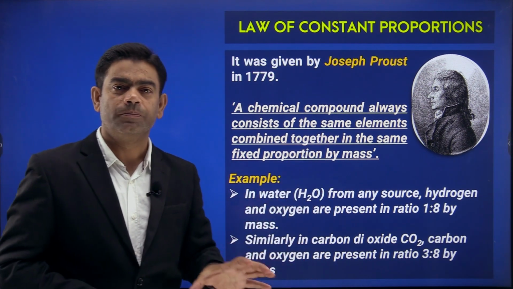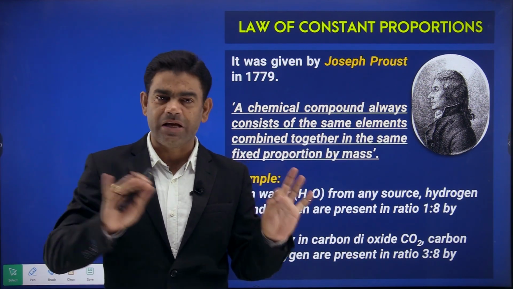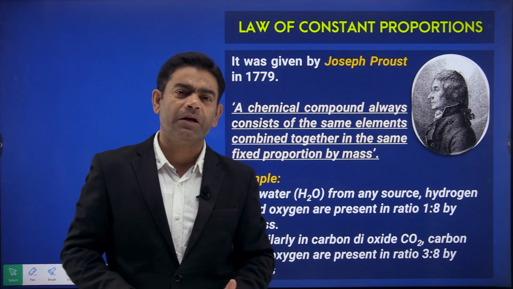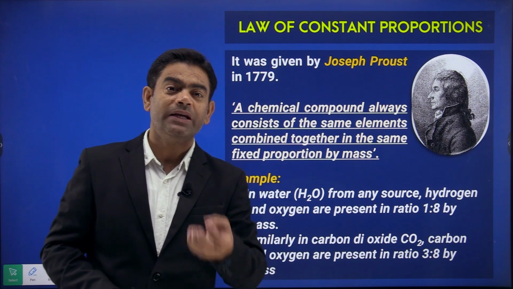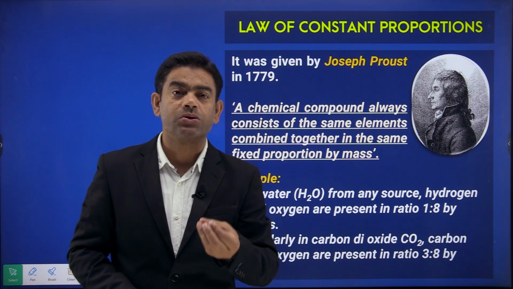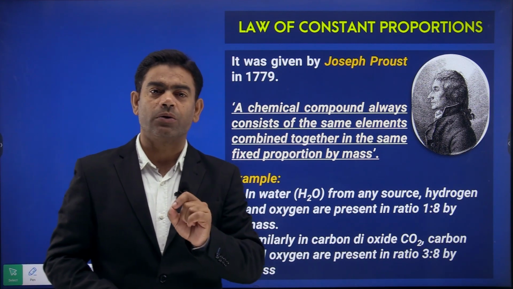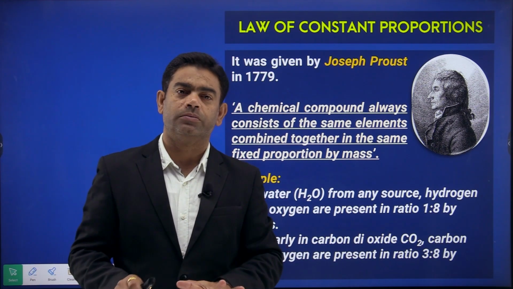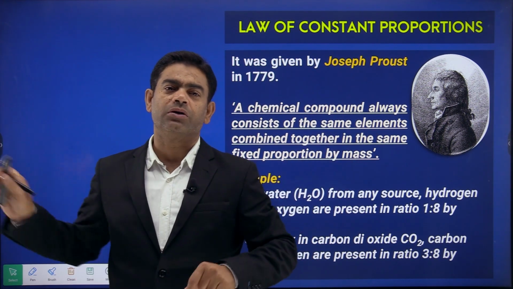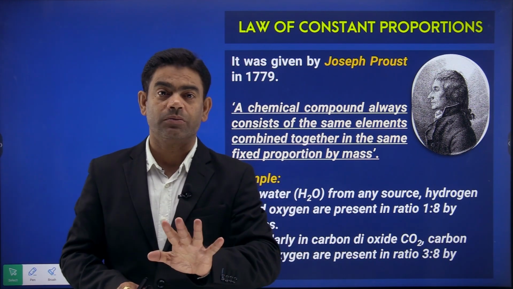A chemical compound, take any chemical compound from here or from there or anywhere, if you take the same type of chemical compound, you are going to get the same type of elements, okay. For example, the salt which we eat at home, what compound does it contain, do you know? It contains sodium chloride, Na and Cl, it has two things, sodium and chloride. Now you bring that salt from anywhere, from the market or this place or that place, you are always going to get NaCl only in that, the same elements.